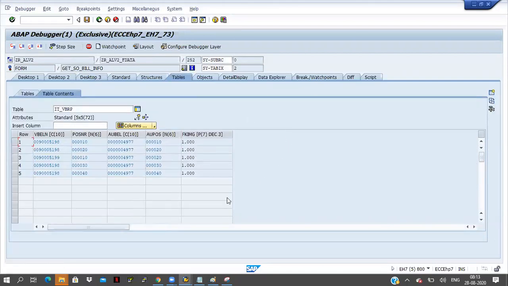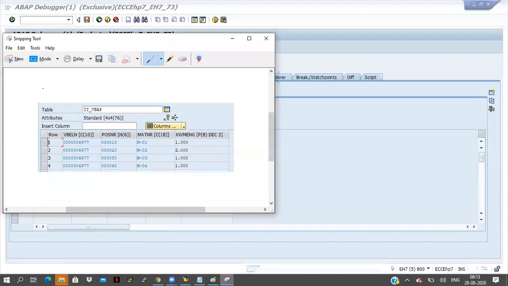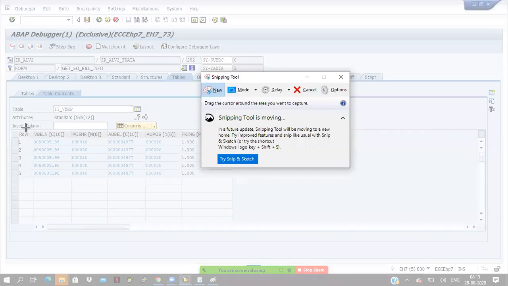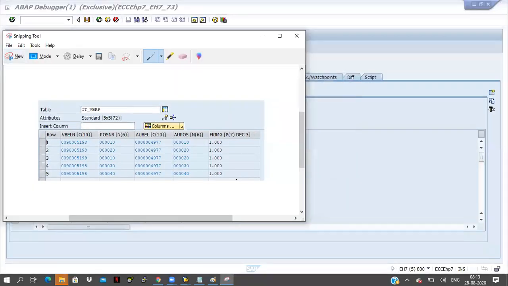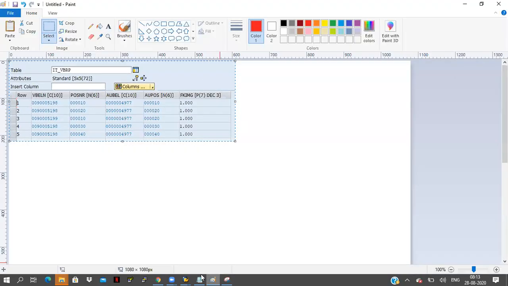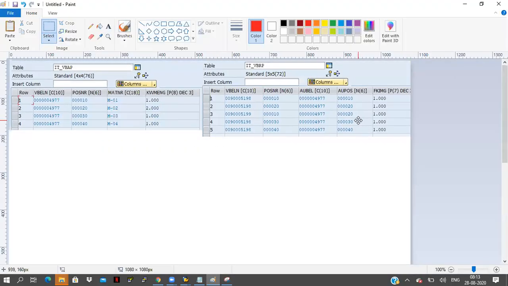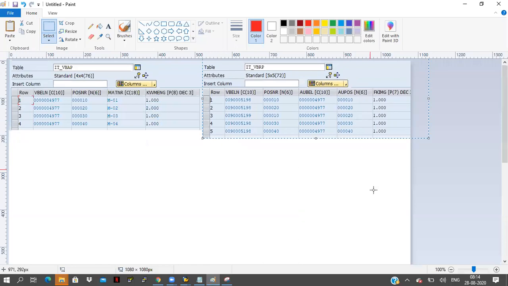Now I will take the screenshot for this one. Paste here. Fine, now this is the VBAP and this is the VBRP, right?